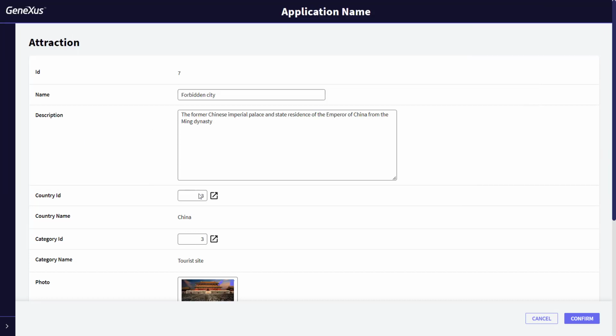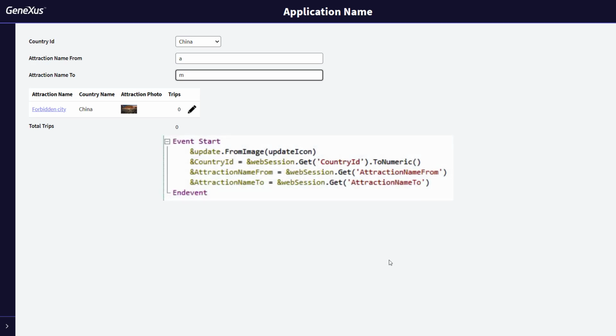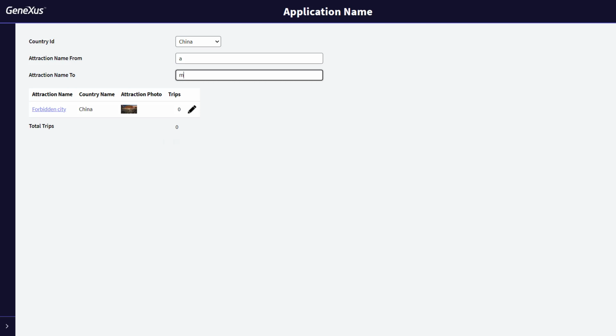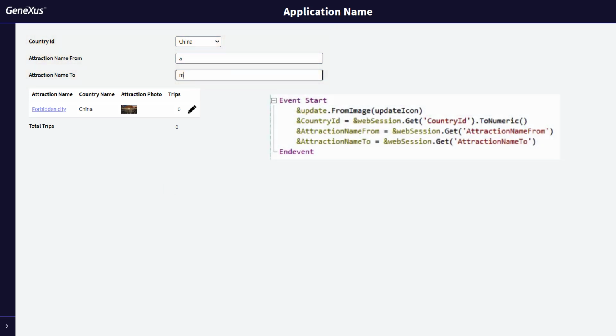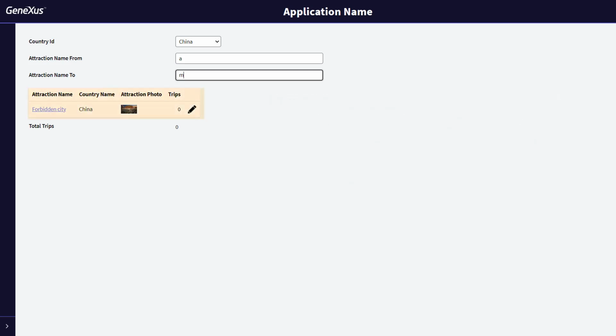And when returning to the web panel, as has been mentioned, the first event that will be executed will be the start event, where we program the retrieval of the information saved in the session variable, assigning those values to the filter variables. Note that now, the values entered in the filters are maintained as desired. In addition, after the start event, the refresh event will have been triggered, which in turn will have triggered the grid loading according to the filters. That's why the grid is filtered again with the modified photo.